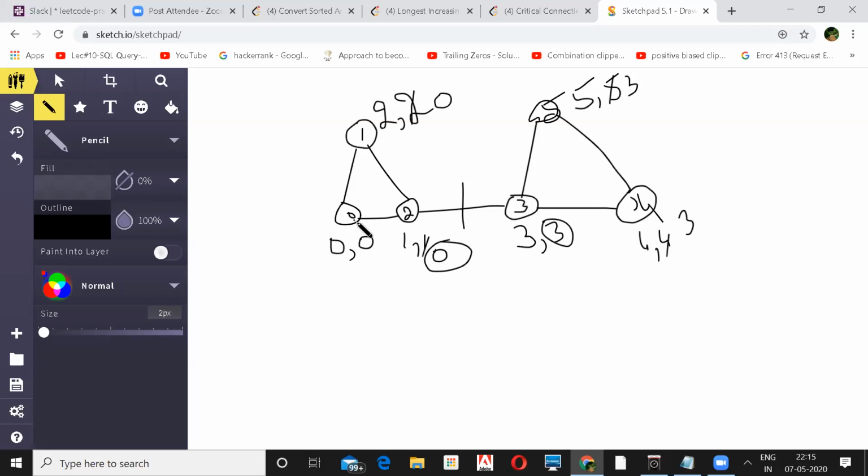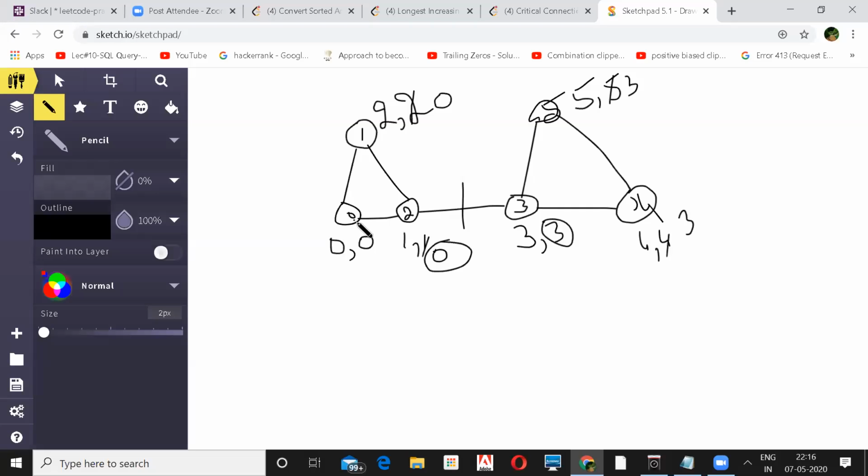But when you're backtracking, you have that low link value always, and you are trying to find a node you can reach, a node which has a lower low link value. Whatever is the lowest value, you just update that value with your current node. So it means that there is another node from where you can reach this node.